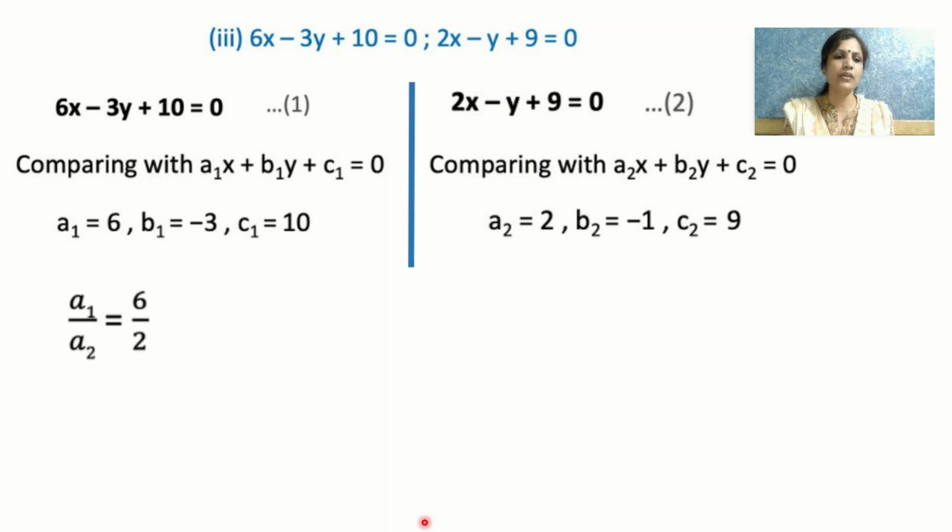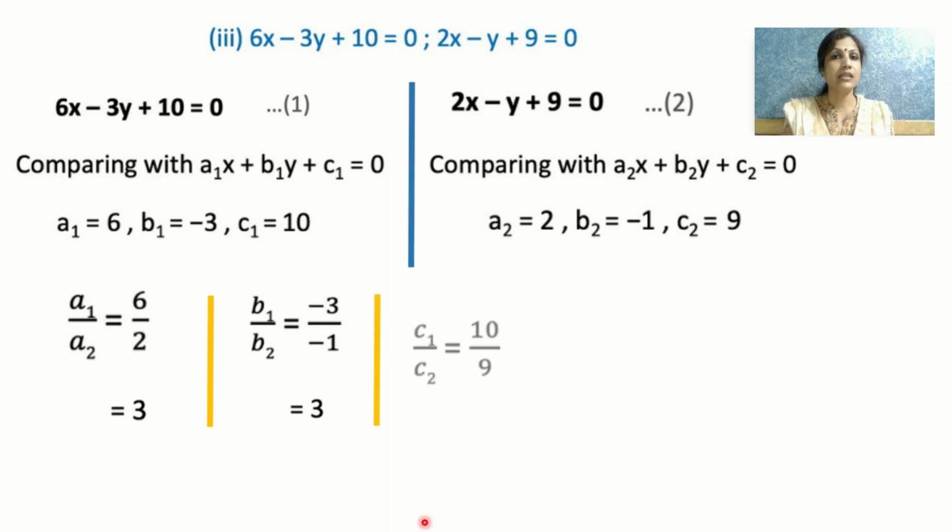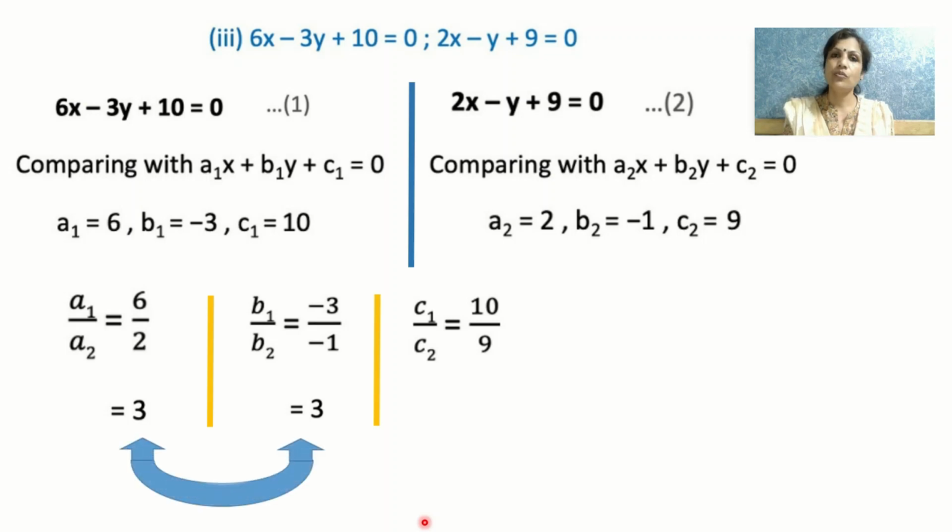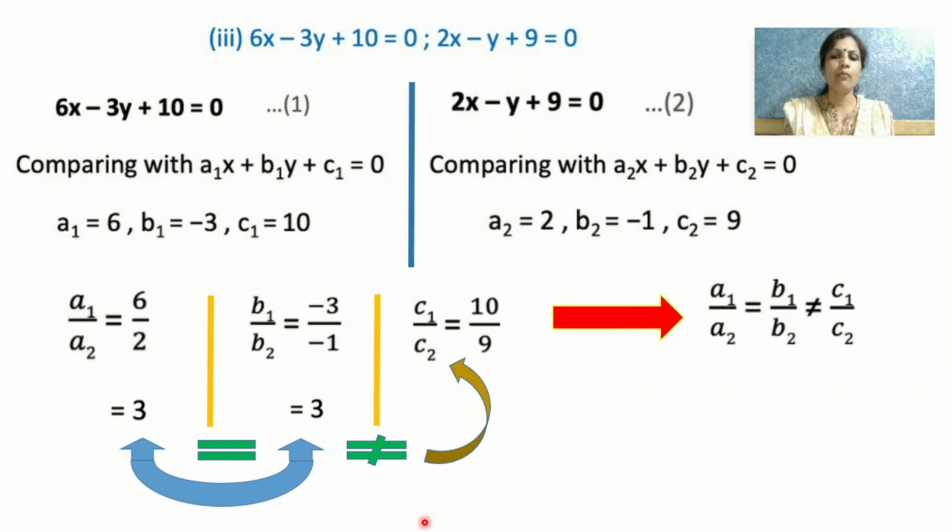Okay, now let's consider the ratios. a1 upon a2 is equal to 6 upon 2, and 6 upon 2 is 3. b1 upon b2 is minus 3 upon minus 1, so that is also equal to 3. And c1 upon c2 is 10 upon 9. So from these three ratios, we get to know that two ratios are equal to each other, but not equal to the third ratio. So we get a1 upon a2 is equal to b1 upon b2, it is not equal to c1 upon c2, and its meaning is the